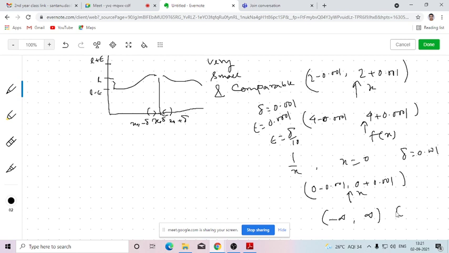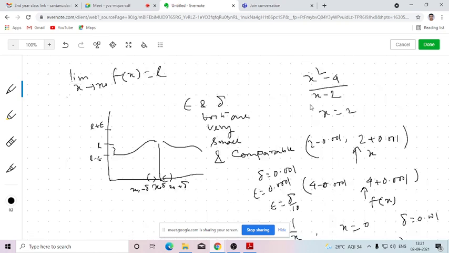then we will find that the functional value will lie from minus infinity to plus infinity. So here epsilon is very huge. We are taking a small interval around 0, but we find that the functional value lies in a huge domain, a huge region. So epsilon and delta are both not small; although delta is small, epsilon is very huge and they are not comparable. That's why at x equals 0, the 1 by x function doesn't have a limit. But for the previous function, there is a limit at 2 and the limiting value will be 4.